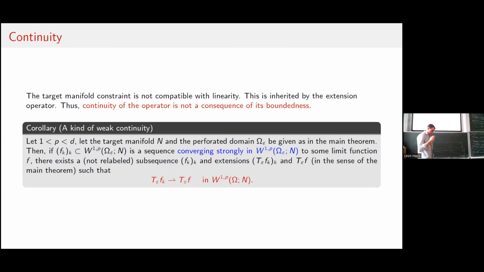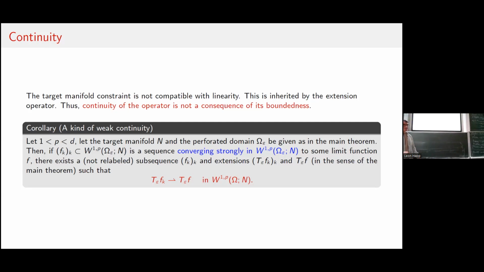And one thing I have to mention is, okay, we have the boundedness of the operator due to the bounds, but the whole problem is not linear. This is due to this target manifold constraint, which is not linear by nature. Because think about S2 again, think about 2 functions on S2. If you add those functions up, they will not map anymore into your target manifold. So why should this be true for the operator? And indeed, you can easily see that this is inherited by the operator. It's not linear anymore. So you lose the continuity, even though we have the boundedness. And we worked hard to get the continuity, but we didn't succeed, unfortunately. So this is open at the moment, whether it's true.